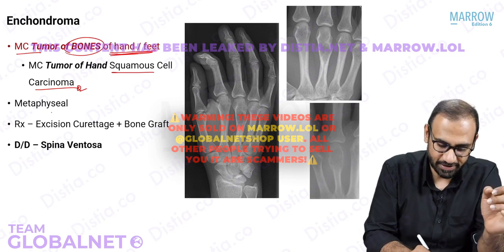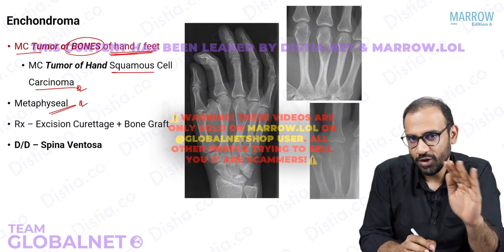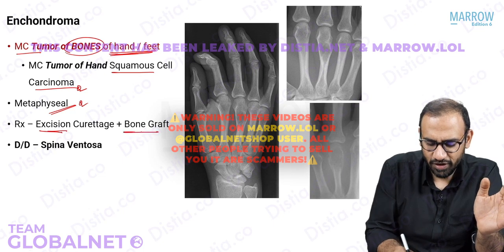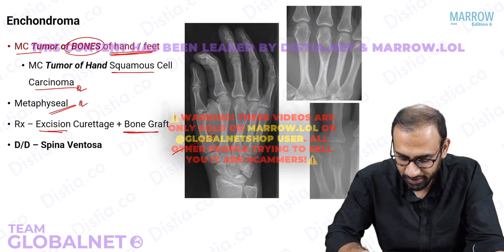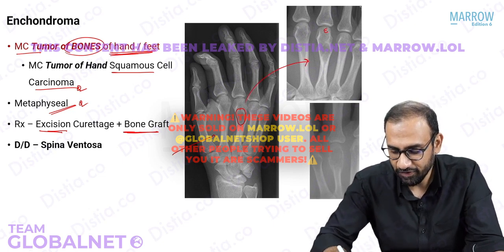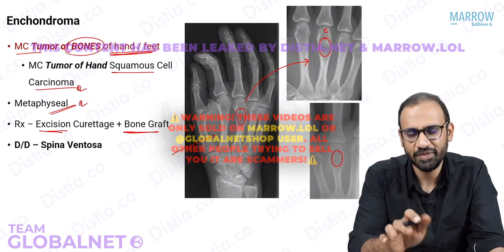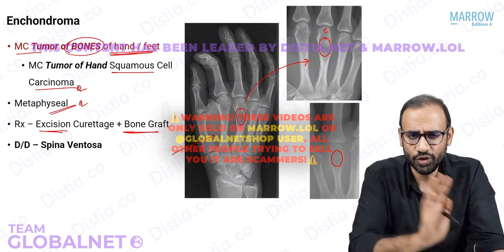Like we discussed, it is metaphyseal. How will it appear on X-ray? Lucent or hazy with some calcification here and there. What is the treatment? Excision curettage with bone grafting. So look at this very carefully. These are your metacarpals, right? And what do you notice? There is a lucent or hazy lesion here in the metaphysis. Let me zoom it for you. Again, metacarpal, epiphysis, metaphysis has lucency or haziness. Simple for your exam: there is a lesion in the phalanges or the metacarpal, think of enchondroma. Okay, that is all.